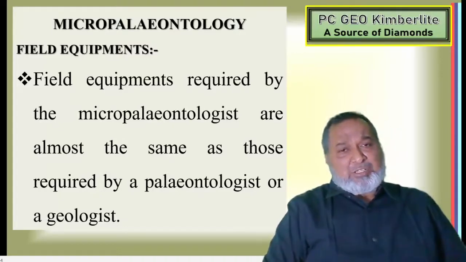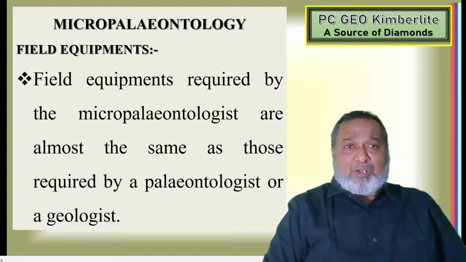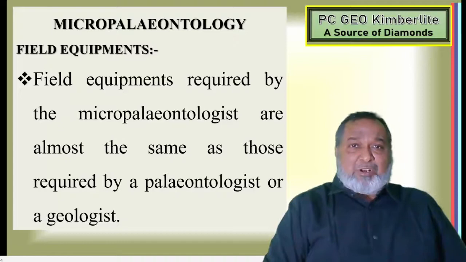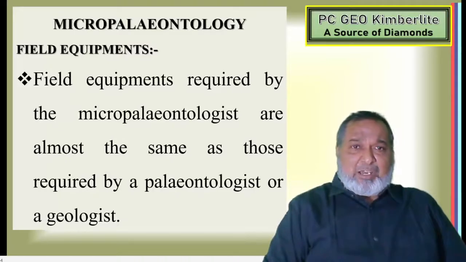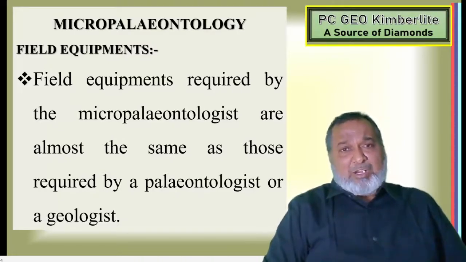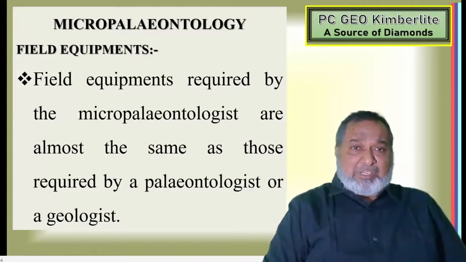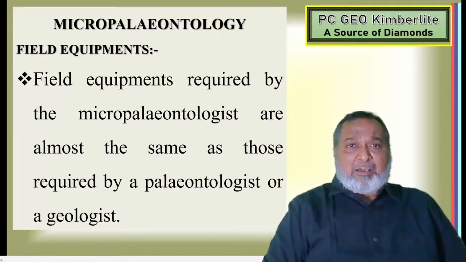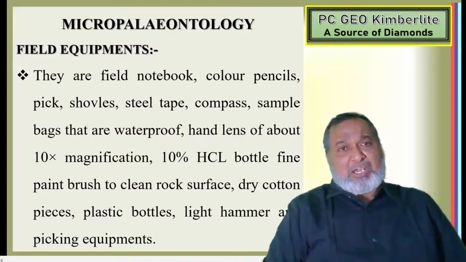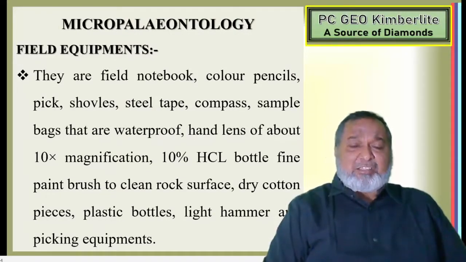Whenever a micropaleontologist is planning to go for field work, first he has to decide exactly what fossil he wants to look for, whether foraminifera, ostracod, conodont, and what the age will be. Once he makes that out, he has to refer to various research papers to find in which particular area we can get these particular microfossils, in the field or off the field. With this we start getting the research material.